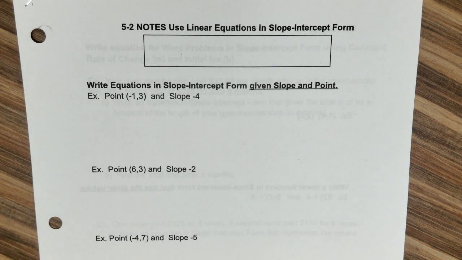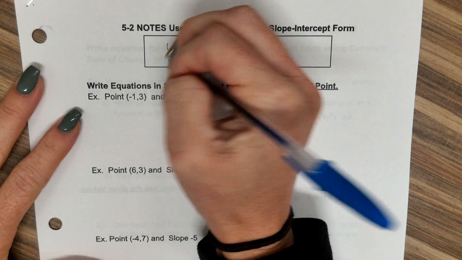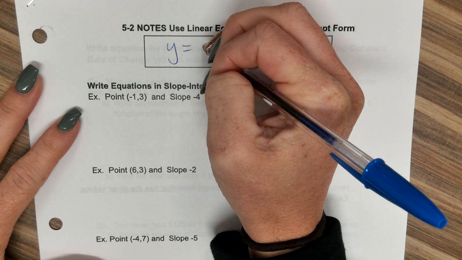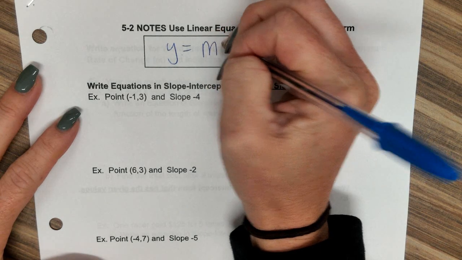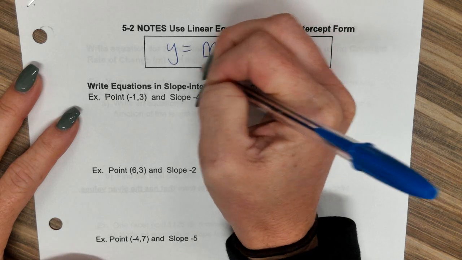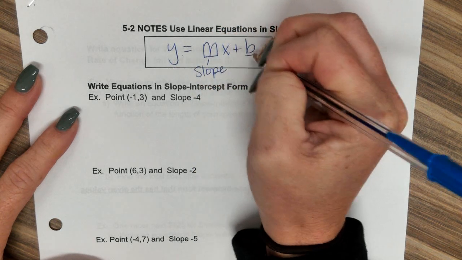Today we're going to learn how to use linear equations in slope-intercept form. We might be writing an equation, we might be using it. So our linear equation that we're focusing on is y equals mx plus b, where the m is the, and the b is the,